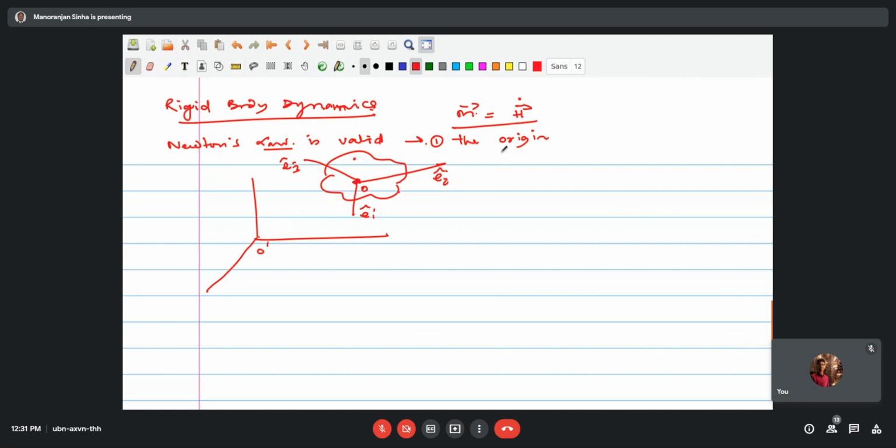So here in this case it is saying that Newton's law is applicable when the origin, this origin where you are fixing your triad or the reference plane, so origin is non-accelerated. If this point is accelerating, then you will have another term with this. So it will not be simply M equal to H dot.